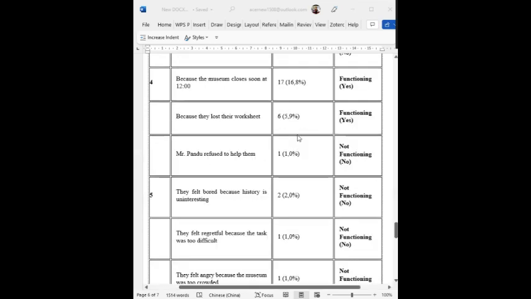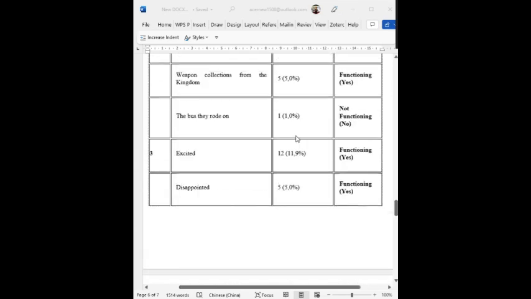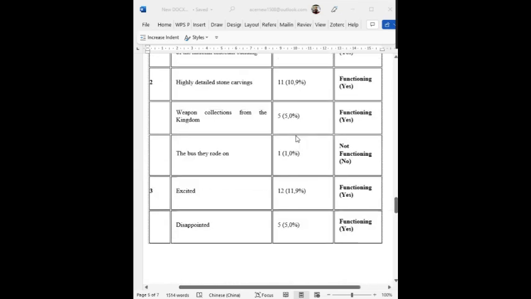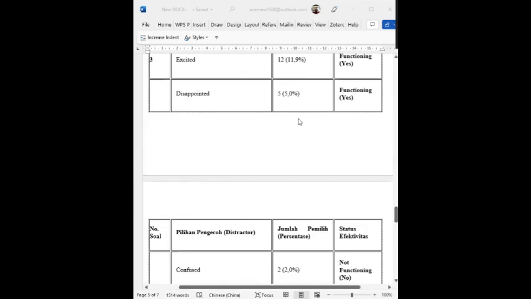The specific issue for items number 2 and 4: both have one non-functioning distractor, each chosen by only 1.0% of students.